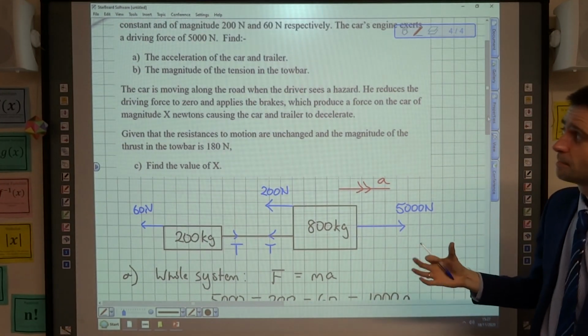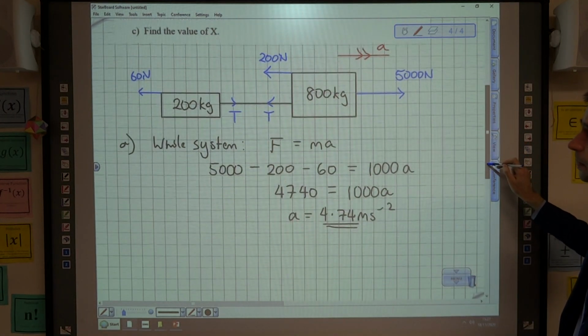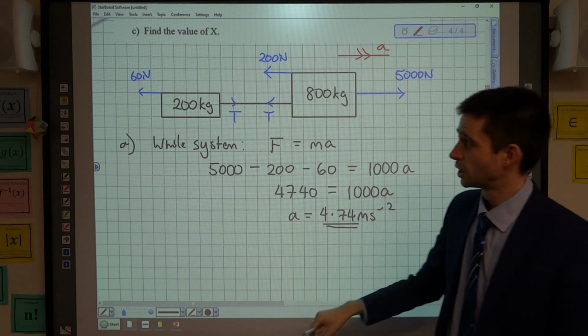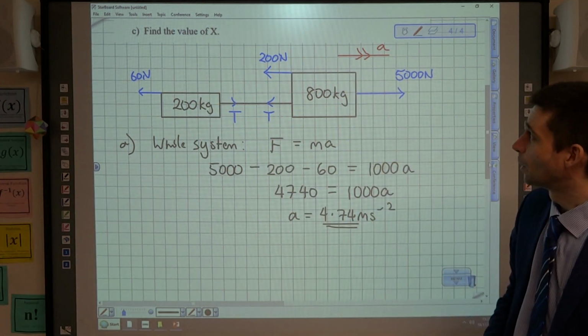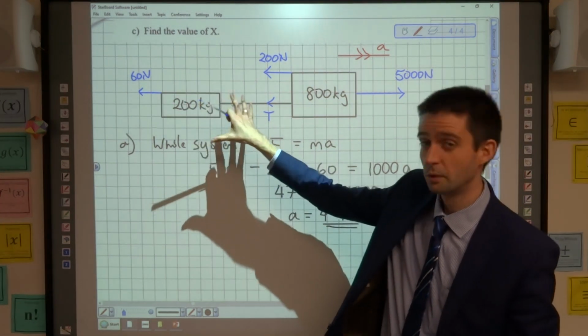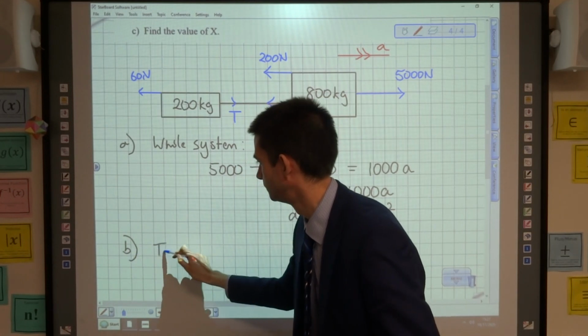And part B is asking for the magnitude of the tension in the tow bar. Now, we've got options here. We could resolve for just the trailer, or we could resolve for just the car. Now I'm going to do it for just the trailer because there's fewer forces acting here. So resolving for the trailer,